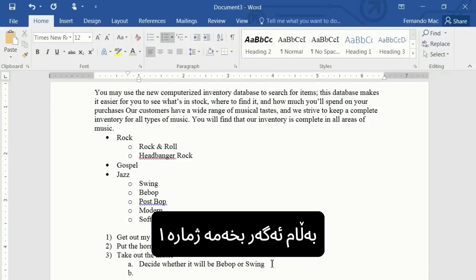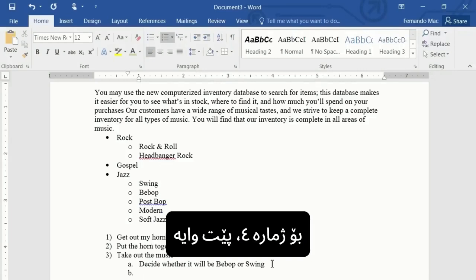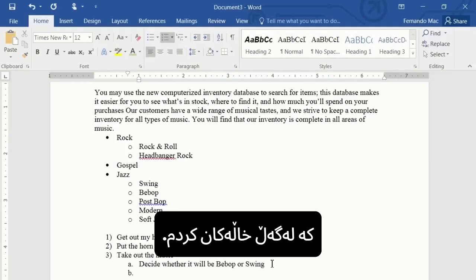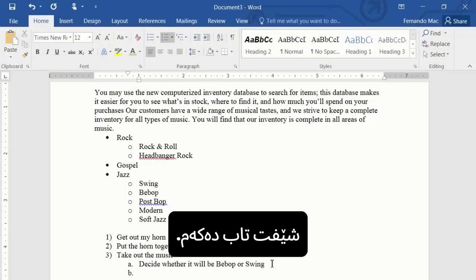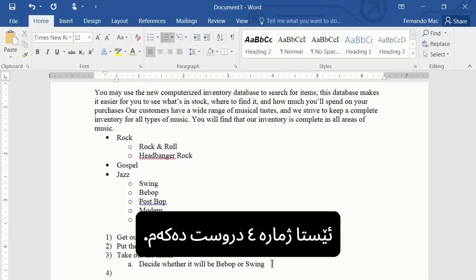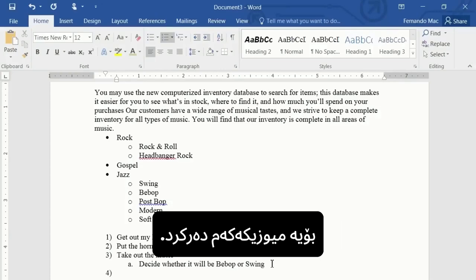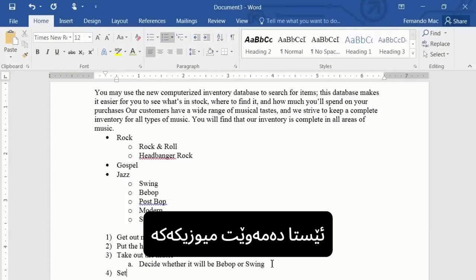Now, when I hit the Enter key, it assumes that I want another one at that level, but if I want to make this one a number 4 instead, what do you suppose I'm going to do? I'm going to do exactly what I did with the bullets. I'm going to Shift-Tab. Holding the Shift key, hitting Tab, I am now making a number 4. So I've taken out the music. Now I want to set the music